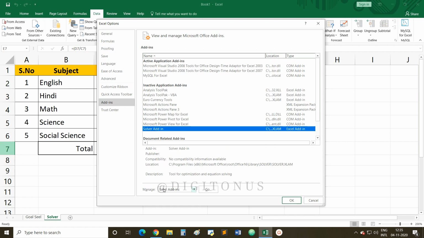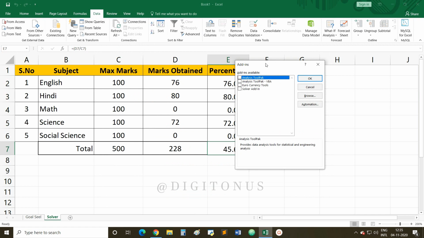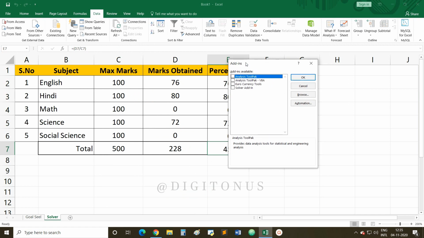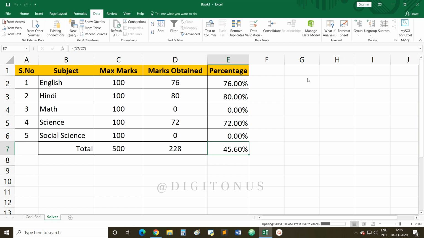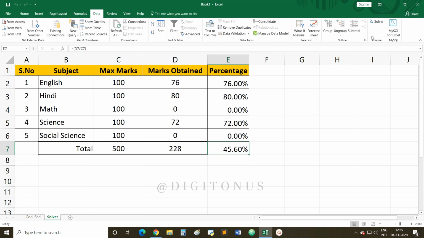Now come to the bottom part of this dialog box where it is written Manage. Select Excel Add-ins and click on Go. Once you click on Go, you will receive another dialog box, Add-ins available. Select Solver Add-in and click on OK. Once you click on OK, this Solver add-in will be added under the Data tab. You will find it under the Data tab.